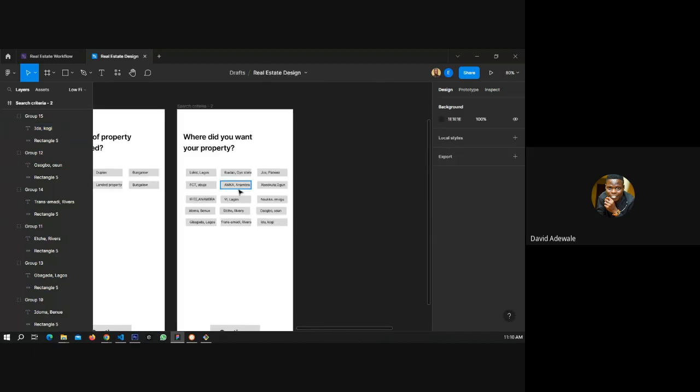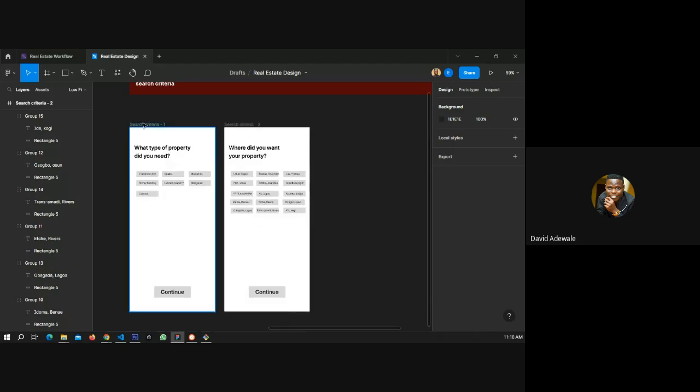What else can we have as search criteria? I just plotted out these 2 things myself. The first one is the type of property you want. The second one is where you want it. So who else can give me one more search criterion that we can just add, and then we move to the home page?